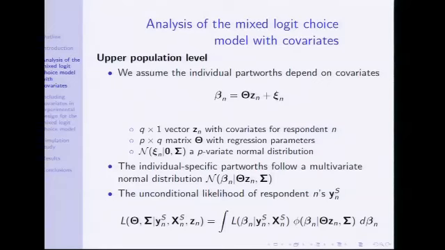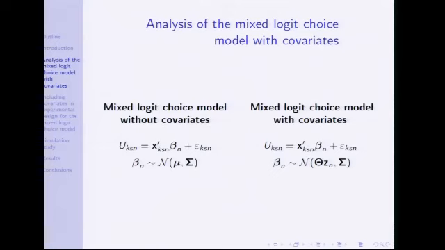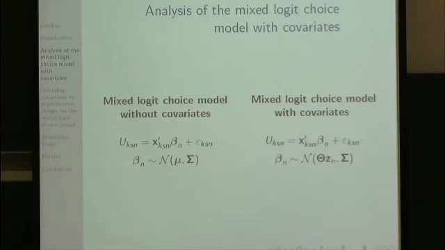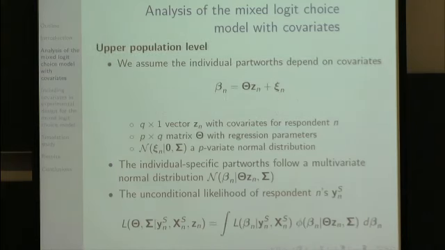Now, maybe I will go to the next slide first. So in the mixed logit choice model, you have this individual parameter vector, beta n, and then we consider a heterogeneity distribution over these individual parameters. Now, when you don't take covariates into account, you just get an aggregate mean mu, but we will take covariates into account in the mixed logit model, and more specifically in the mean of the heterogeneity distribution. So where does this distribution come from? We assume that the individual parameters beta n,